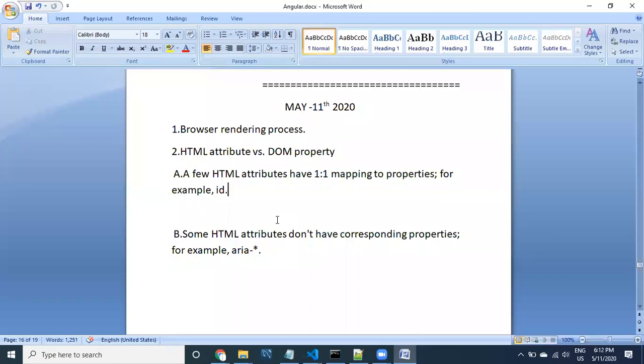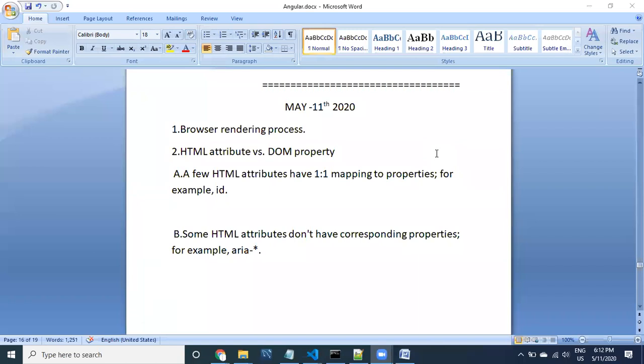We came to know the binding process yesterday: property binding and event binding. We need to know a few other options for how we can bind. Property binding can be done in different ways, using styles, using properties, and using attribute names. First of all, you have to know in HTML what is an attribute and what is a property, and what is class. I'm going to show you these things and the differences, so that you can see different approaches to bind different things.